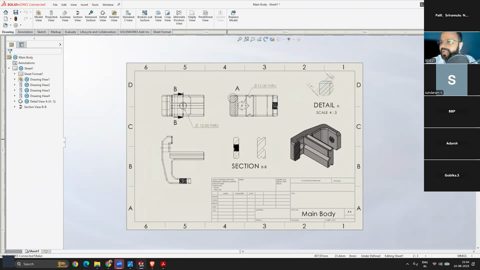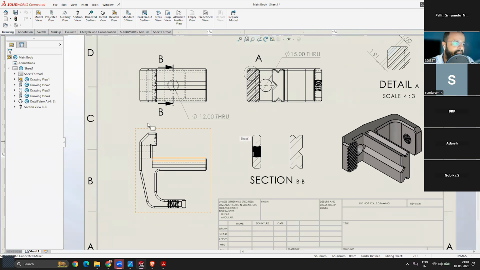Next question, how to convert it to a manufacturing drawing. So it's a manufacturing drawing. We have to add all the dimensions. I had not added all the dimensions since we are constrained with time. You have to add all the dimensions. You have to add tolerance, symbols, features, values. For that, you have to master GD&T, tolerance concepts. Then you can add all the details in drawings. But this is also a manufacturing drawing with very little detail, but it is.